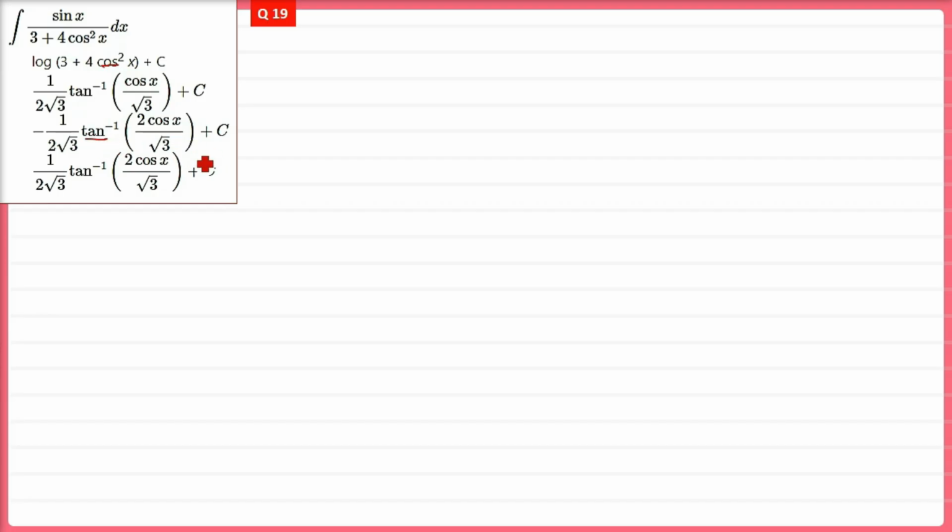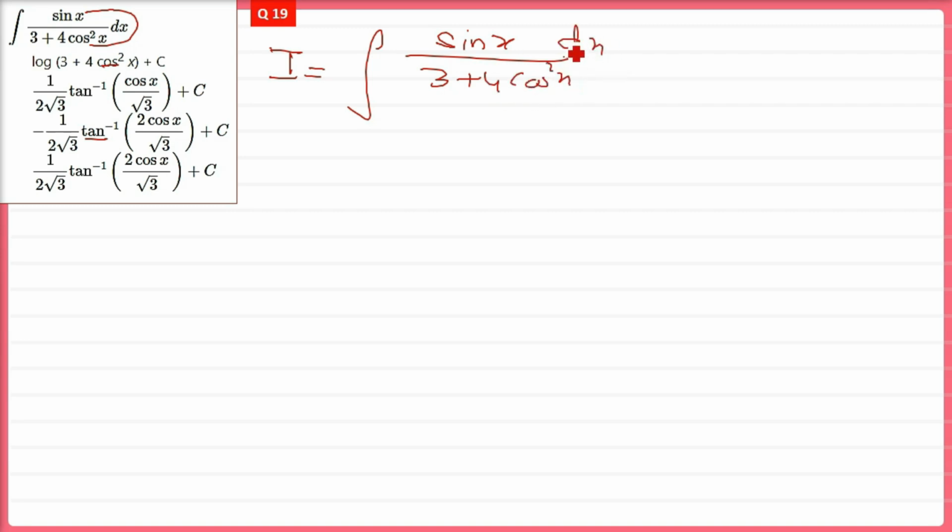There are 4 options, and most of the options have a tan inverse and a cos x also. It is not required for us to convert it, because it already has a cos. So we don't need to convert it to tan x by 2 form or any other form, because cos x will directly give us sin x, which is already upstairs. So for this sin x in the numerator, with 3 plus 4 cos square x in the denominator, if you simply take cos x as t,